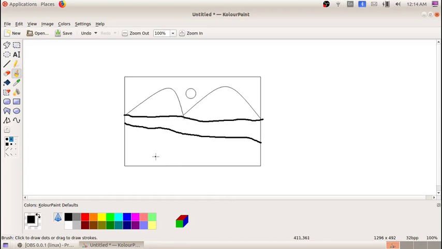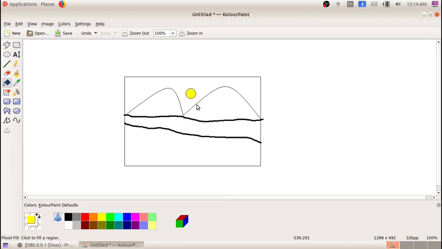So first I am going to explain you about undo and redo button. For that I am going to give a color to this sun. So I am going to select this flood fill tool, and first I am going to give a yellow color. I had selected yellow color from the color palette at the bottom, and I just click inside this sun.